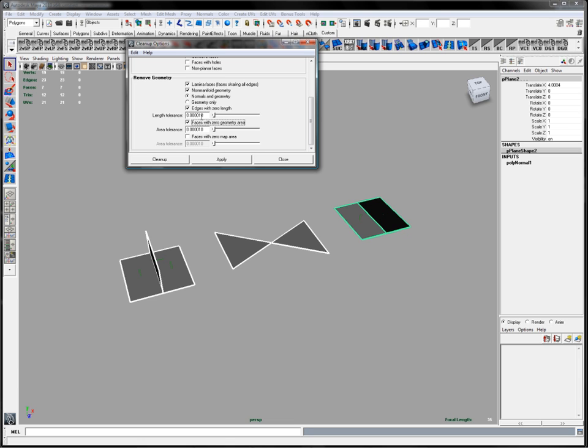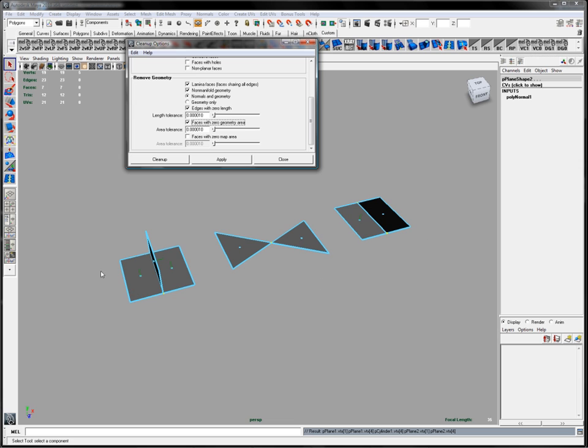And for both of these you can set a tolerance value. And then this last one here, faces with 0 map area, they deal with UV space, where you have UVs that are co-resident with one another, and I usually don't worry about that too much, so I just turn these 4 options on. And with all of these objects selected, if I hit apply, you can see Maya